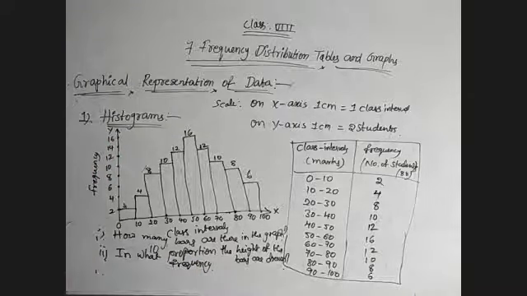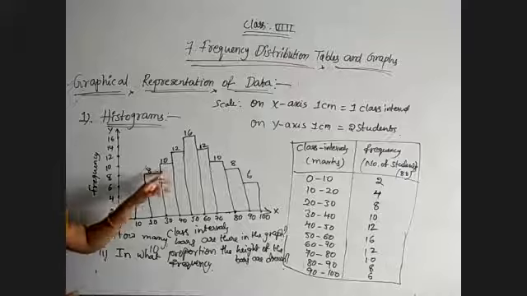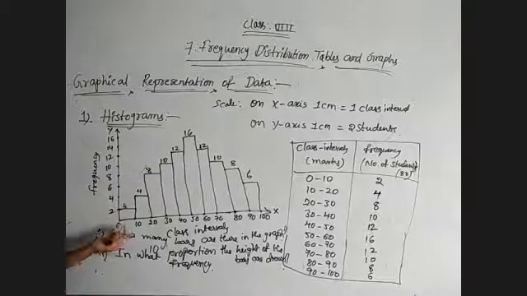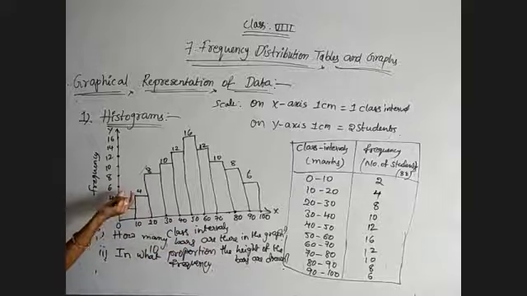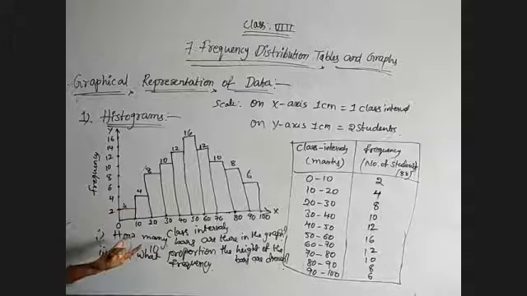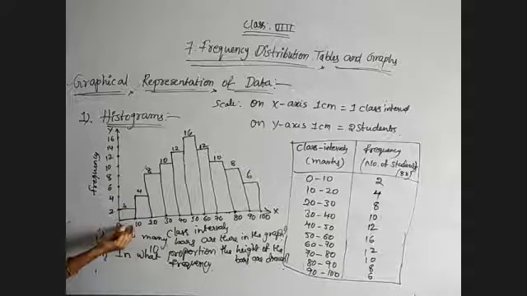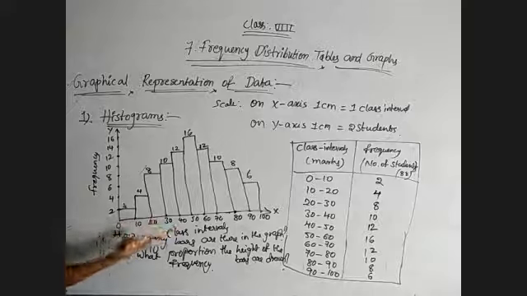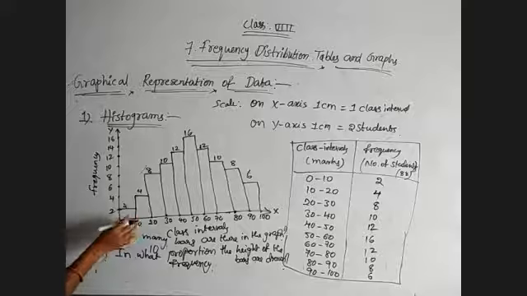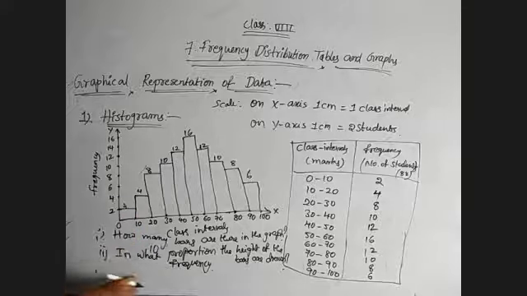Then the next question: the width of all bars is the same. Why is the width of all bars the same? It means the class size is the same in each class interval. That's why the width of the classes is the same. What is the reason they are asking? Why is the width always the same? They are asking because the class size of every class interval is the same. That's why we get the same width. Otherwise, the length of the class is the same. So that is the third problem.